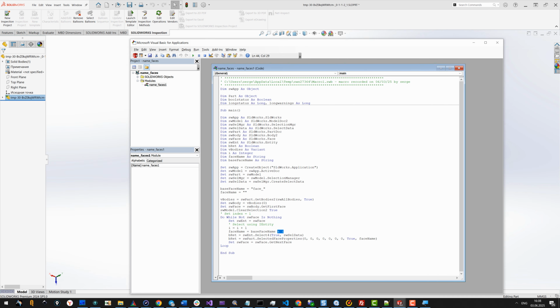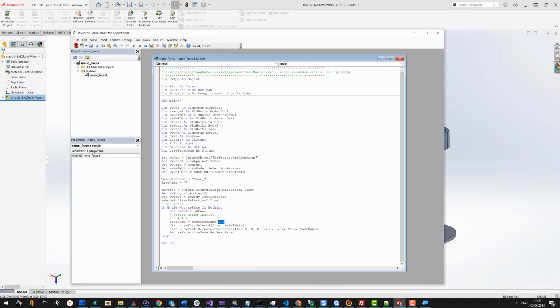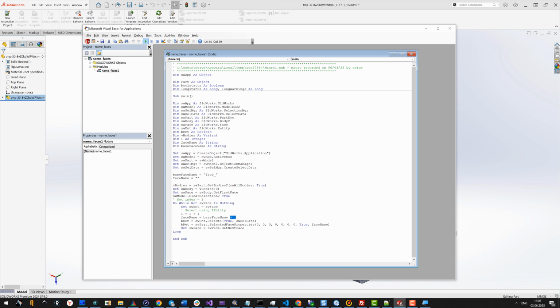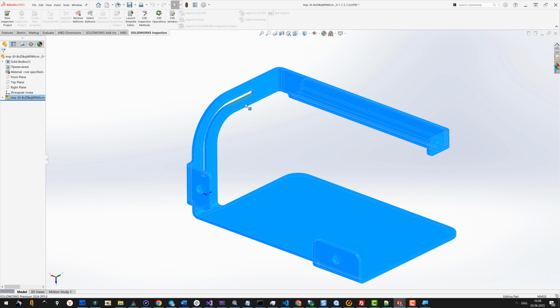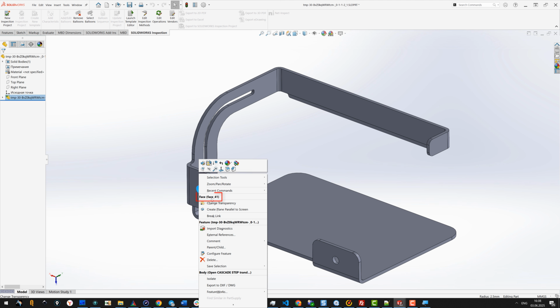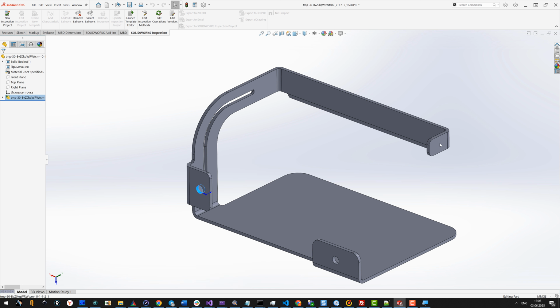I have this macro view over here, I have this part view over here. Let me just run the macro, and as a result you see that my entire part is now selected. It means that this macro worked, it iterated all the faces in my part and it did the job. How do I check it? I select just any face, let it be this hole maybe. In the context menu now I have this face underscore 41, so it does have a face name,